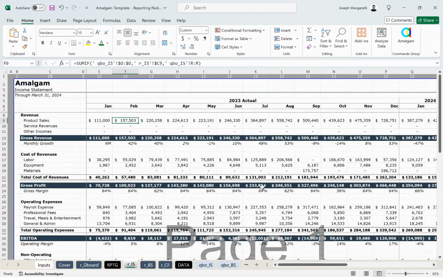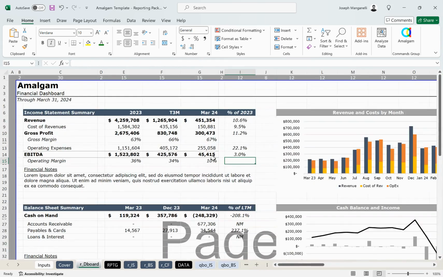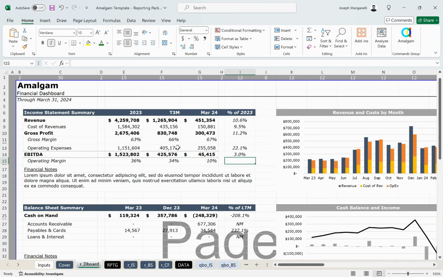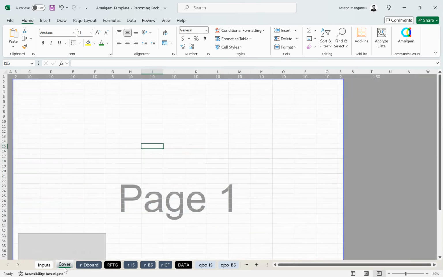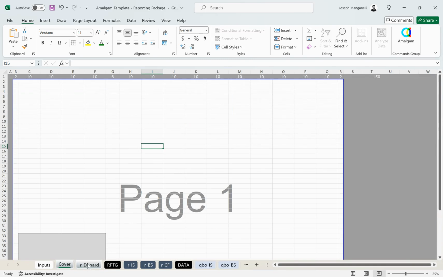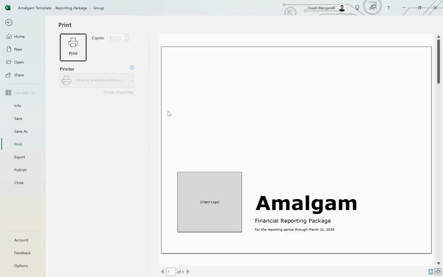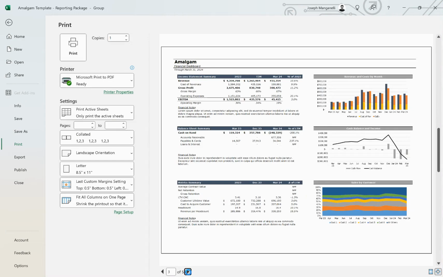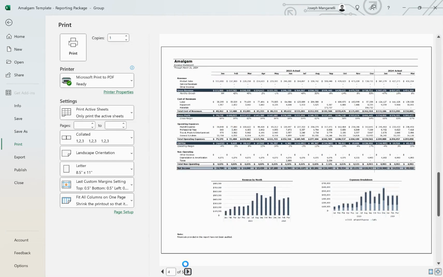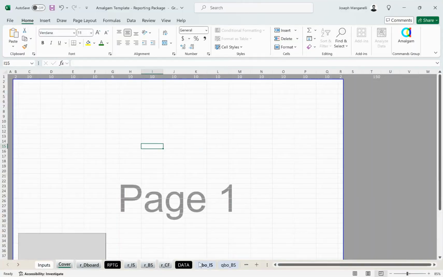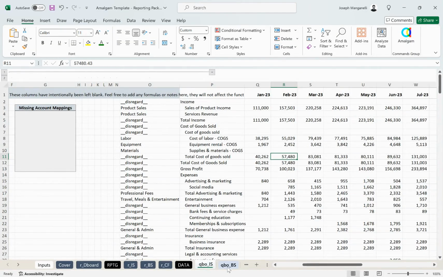So yeah, you've got formatted reports, and then I've also created a little bit of a dashboard here to sort of summarize what your findings are on the other pages. And then when you're done, you can be ready to get a little cover going here. I can select the tabs that I want to print. I can hit print. I can print these out to PDF, and you can see I've got nice formatted reports across the way here. That is just really being sourced through the simple balance sheet P&L reports that are based out of